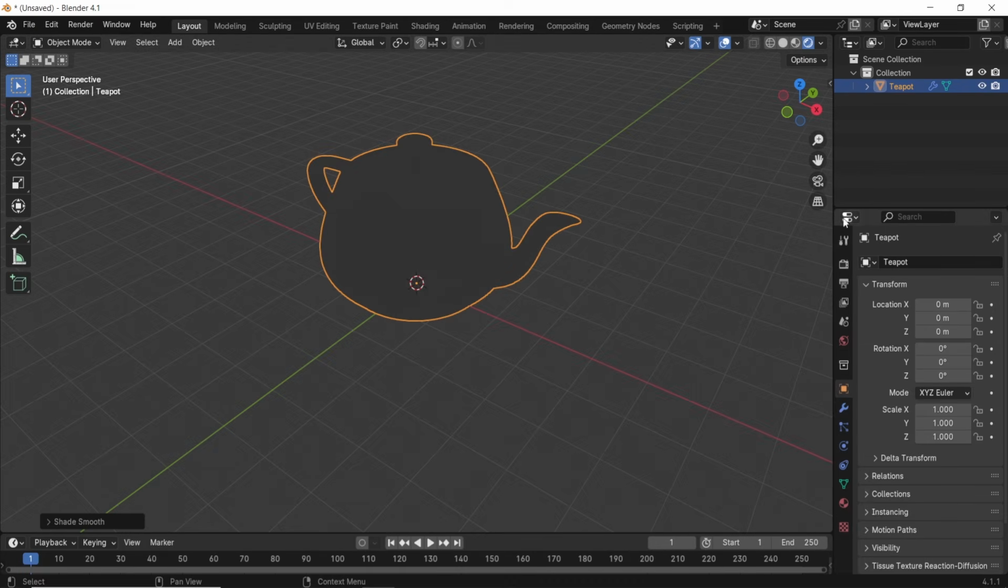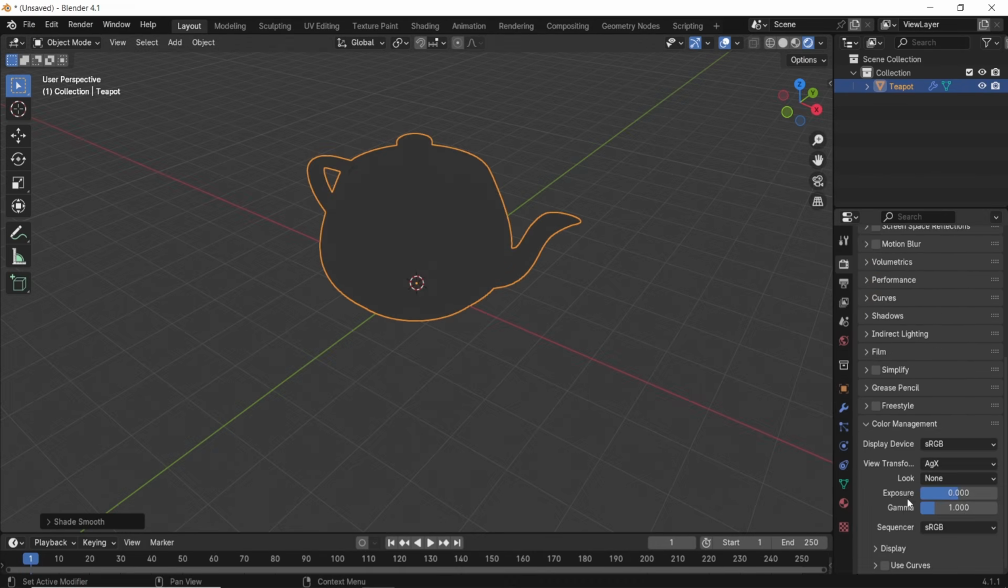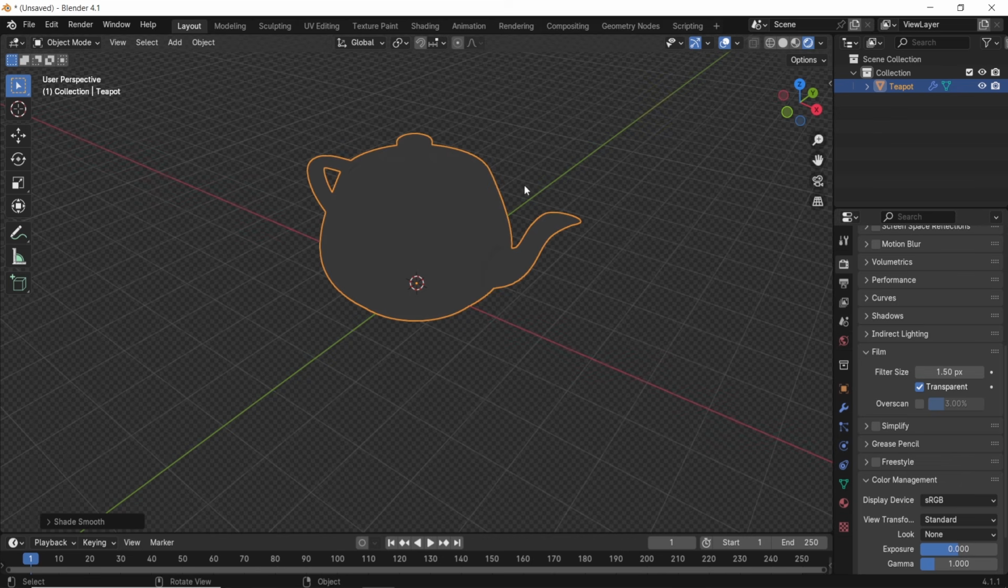We need to work on Eevee render. You can check the ambient and bloom if you want, and make sure the colors are set to standard in the render settings. I will put the background on transparency from the film tab, then we need to add a